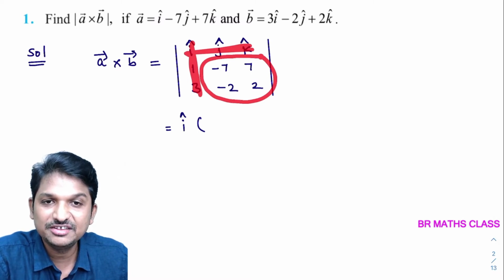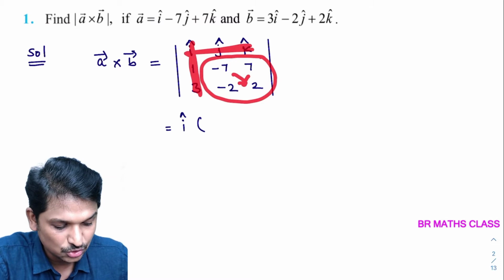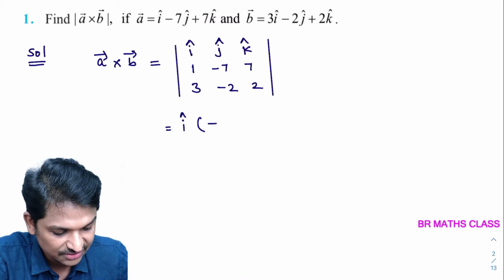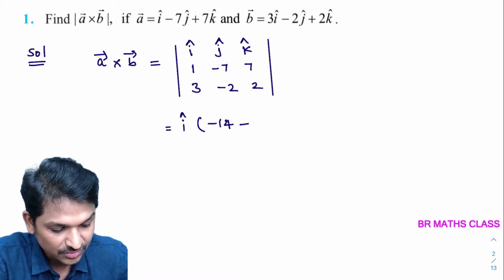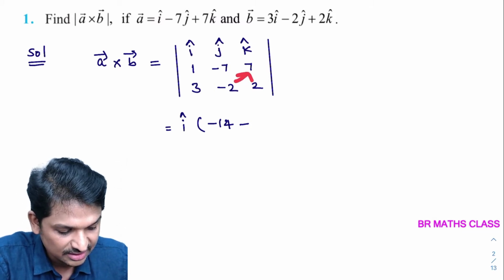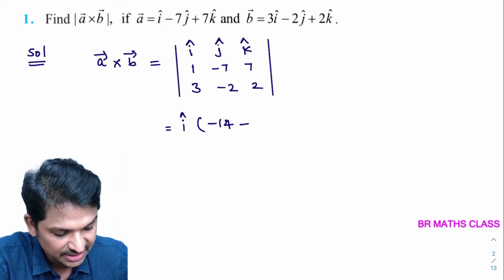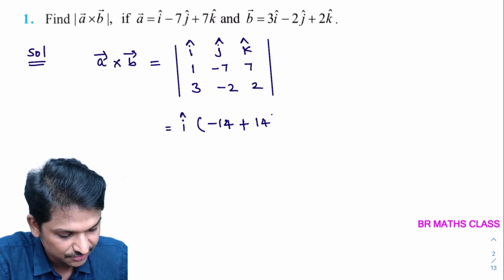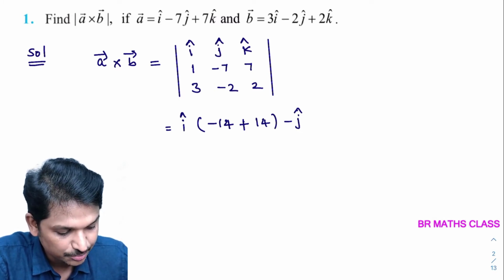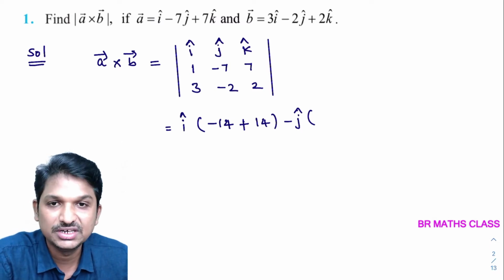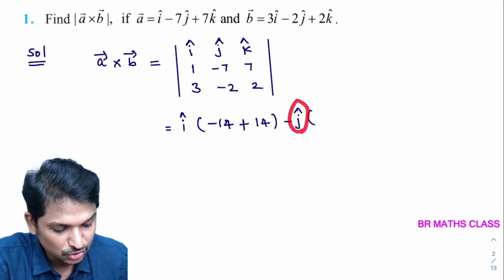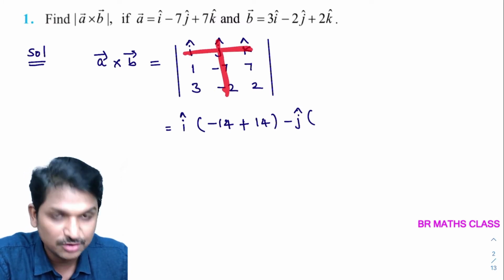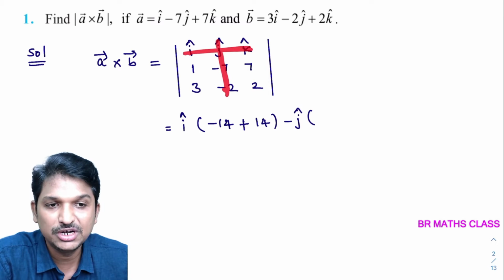Okay, AD minus BC, like minus 7 into 2. Minus 7 into 2 is what? Minus 14. Minus, look here, this is minus of minus plus, AD minus BC, plus minus 14. Correct? Yes, 14 plus 14, minus j cap into, you need determinants knowledge here. Here j cap is written, so you delete the corresponding row and column of j cap. Then whatever remaining elements are there, you need to take the determinant of that.